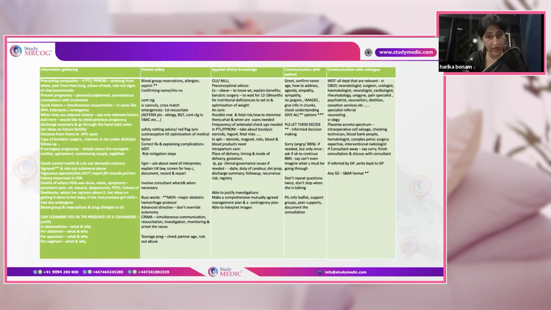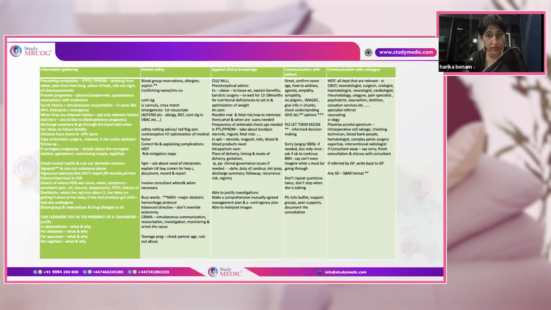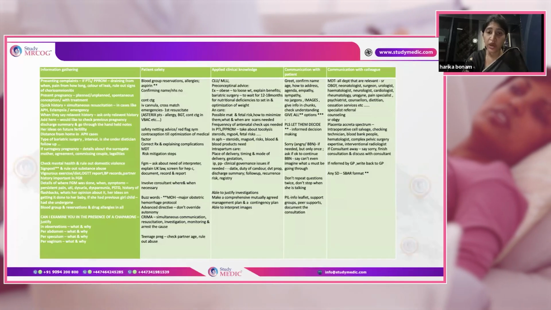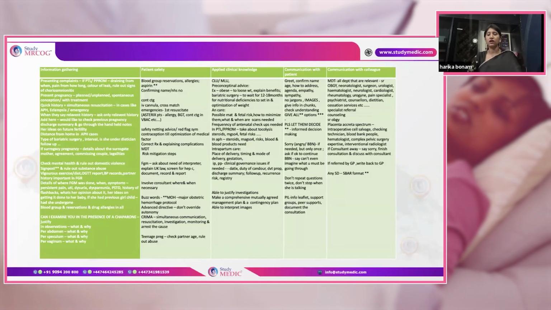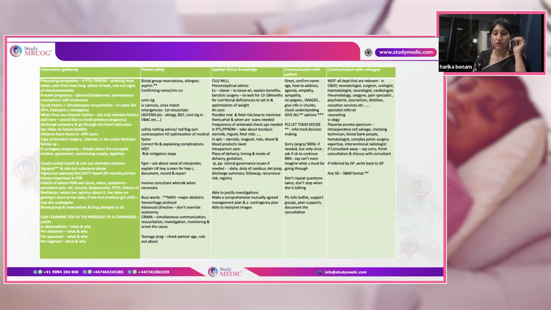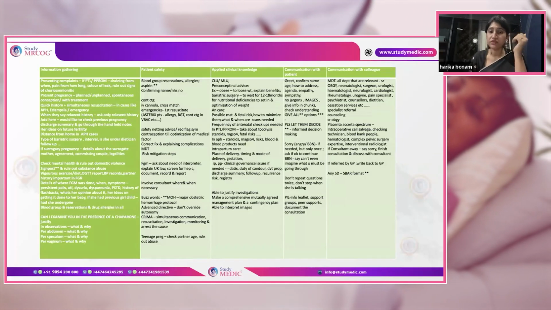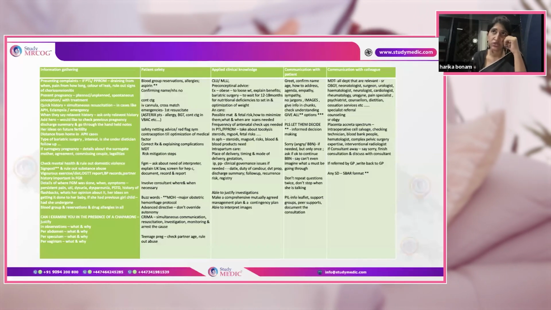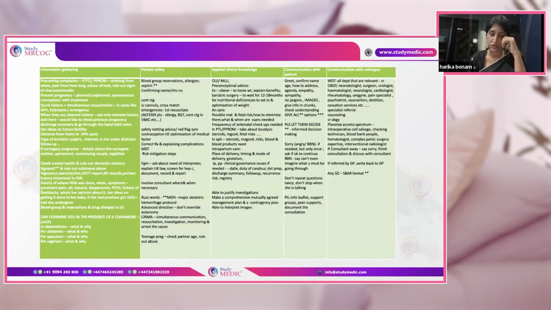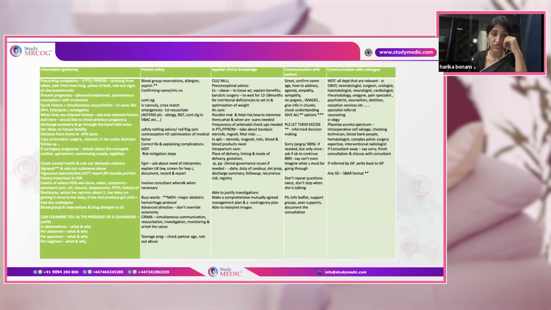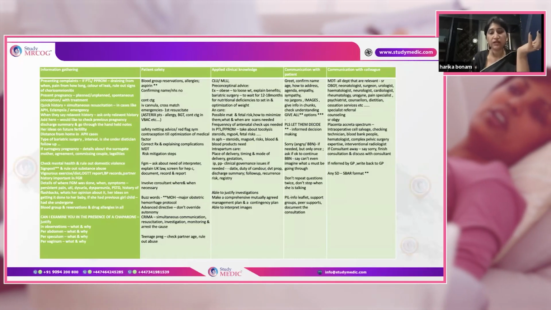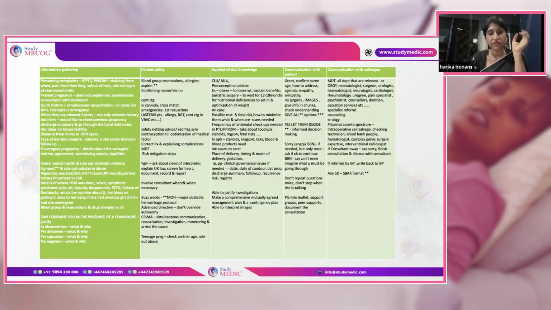Always give a follow-up plan, talk about the breastfeeding in the postpartum period, as well as you have to talk about the contraception. In case the patient needs follow-up, you'll have to always talk about the follow-up. And sometimes if there is a risk of recurrence, like gestational trophoblastic disease, you'll have to explain the risk of recurrence. And you'll have to enter the registry in case of GTD, if registry is required.